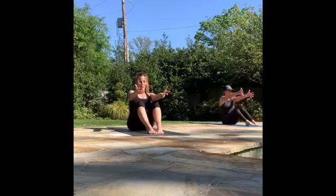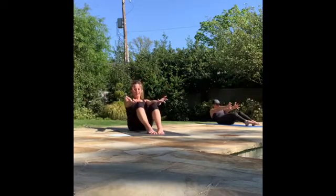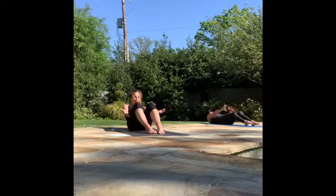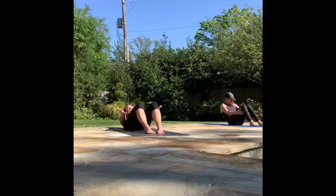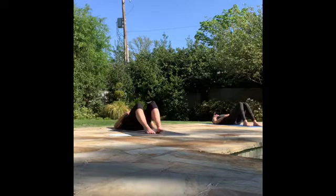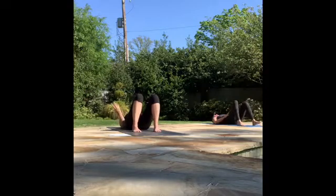slow and controlled, dropping down to the mat for 10, 9, 8, last 5, 4, 3, 2, 1, and release. From here, setting up for a bridge pose, bringing those feet in, arms come down to